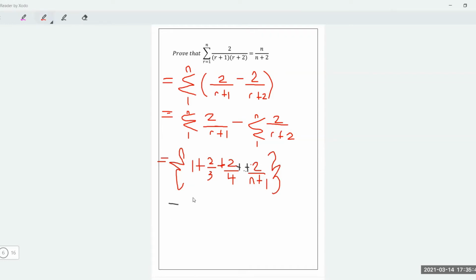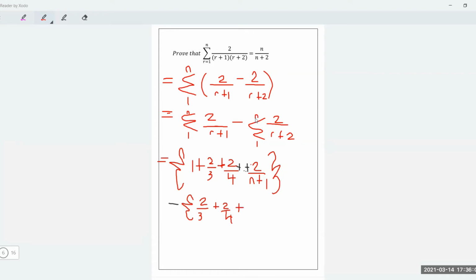Minus, then now we'll put in the next part, which is putting 1 here, and it starts off with 2 over 3, plus, put in 2, you get 2 over 4, and then we can just continue until, now the last term is n, but